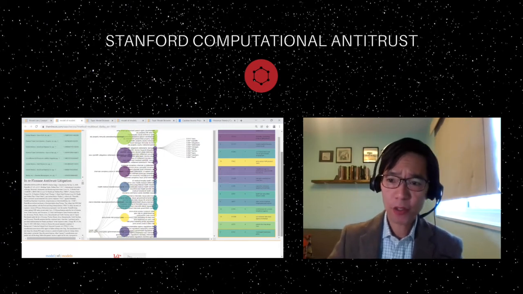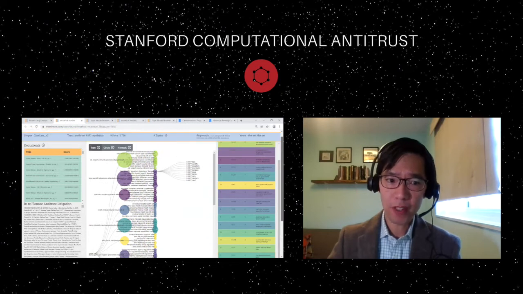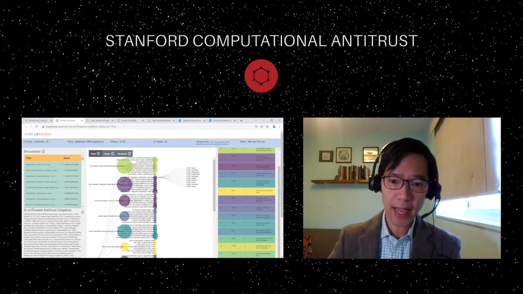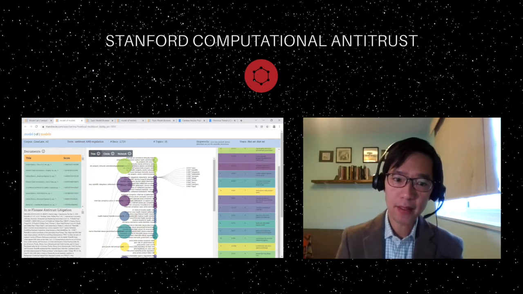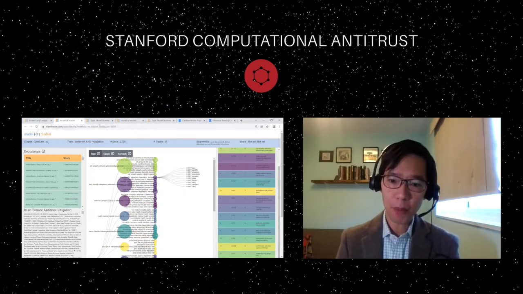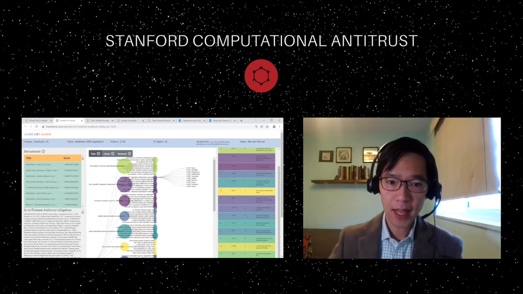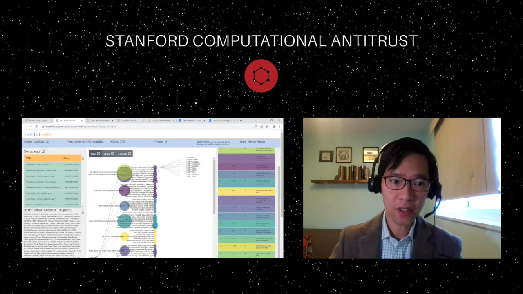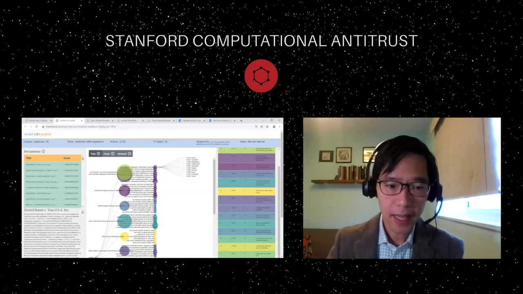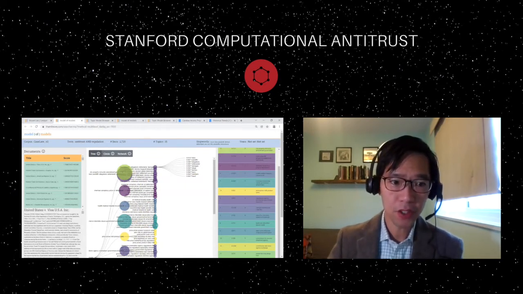All right, now I'm just going to go through some more of these visualizations to show you some of the added improvements that the Digital Scholarship Center has added. So on the left-hand side, you see this panel, and the panel gives you the ability to pull up the top relevant decisions within a topic cluster. So you can highlight this cluster here, and then you might get the top decision being the United States versus